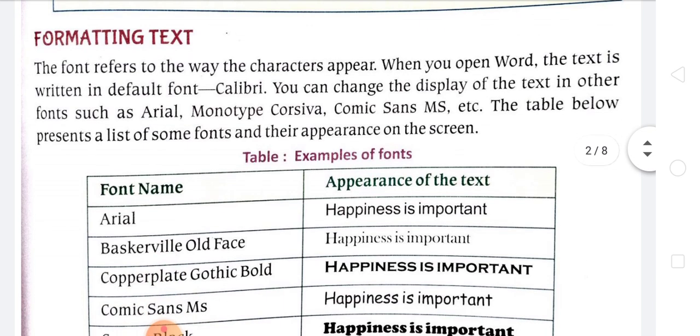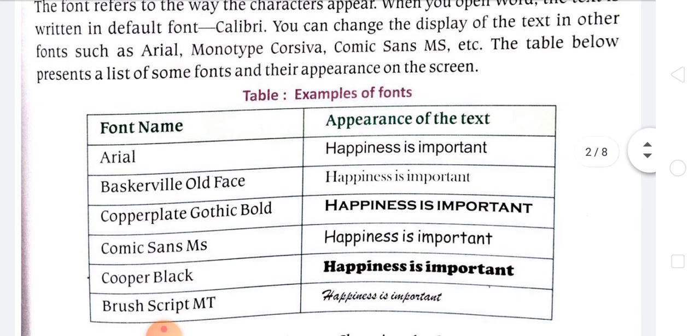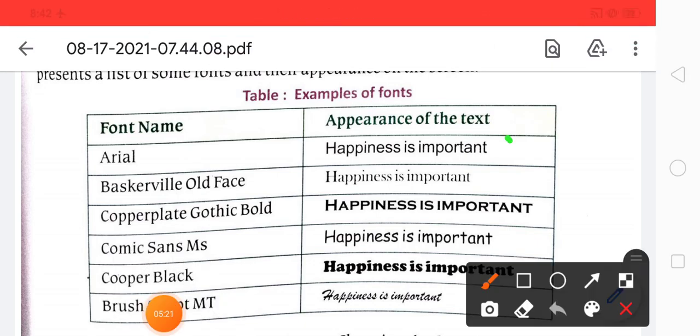So here you see, the first font name is Arial. Whenever you select the data and choose the Arial font name option, then the letters or the sentence or the data look just like this.